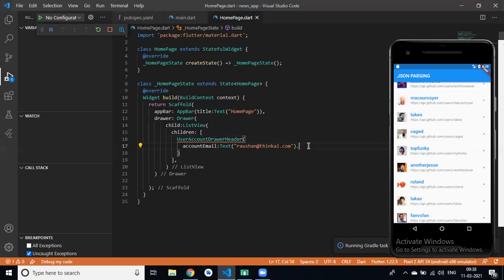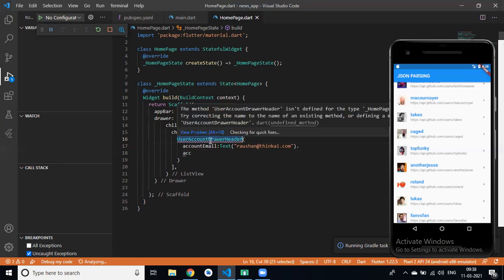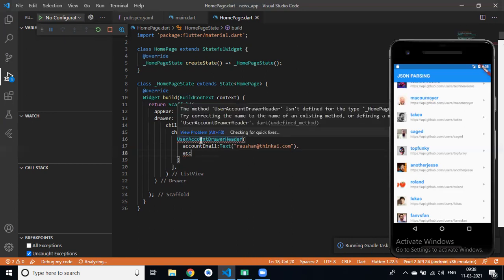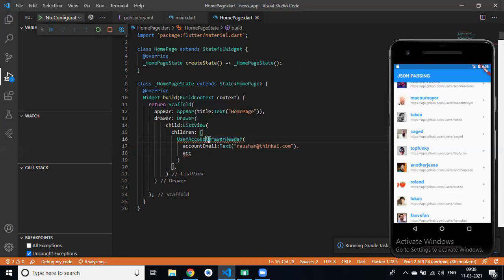Then we have another property, that is account name. Why is it showing an error in user accounts? Something is wrong. It is accounts, user accounts drawer header. Everything is good.